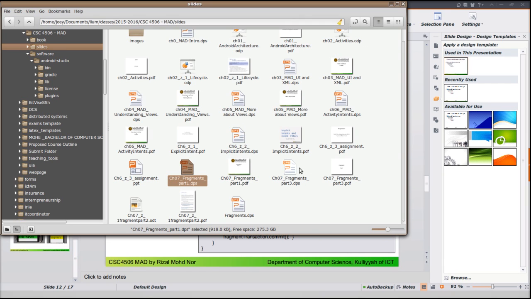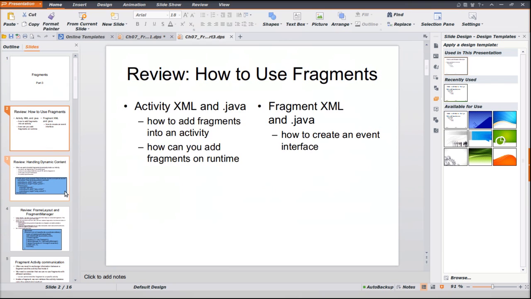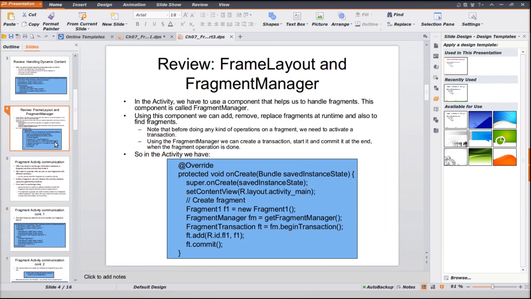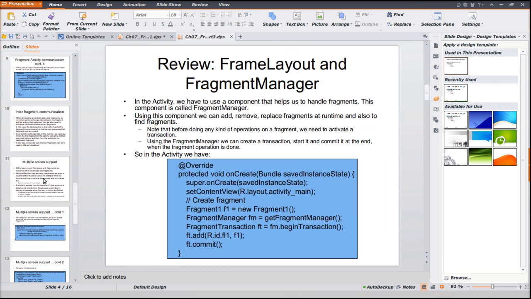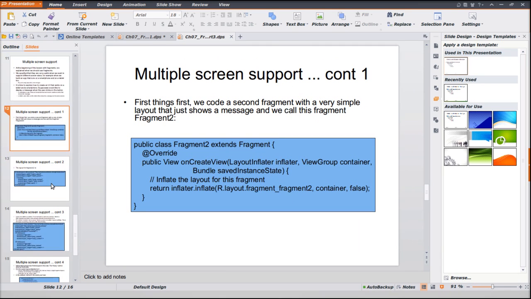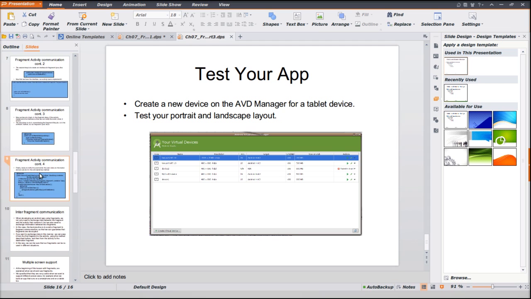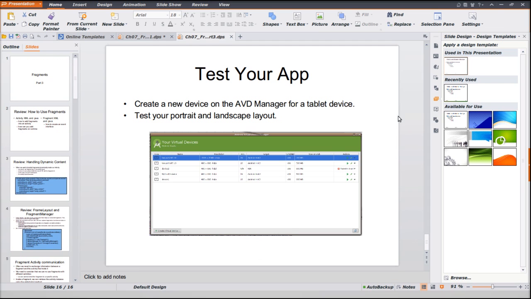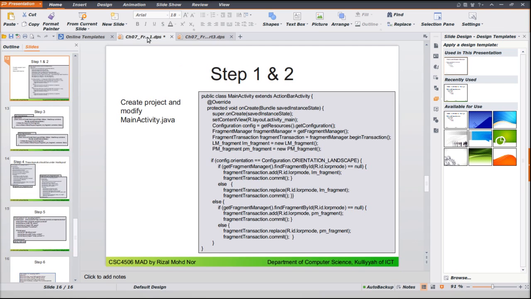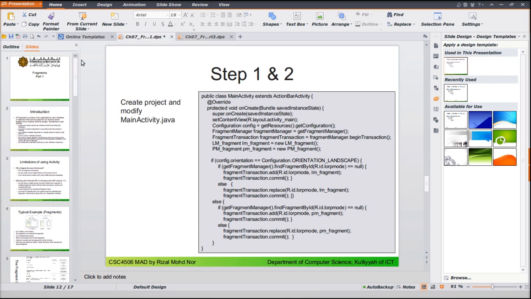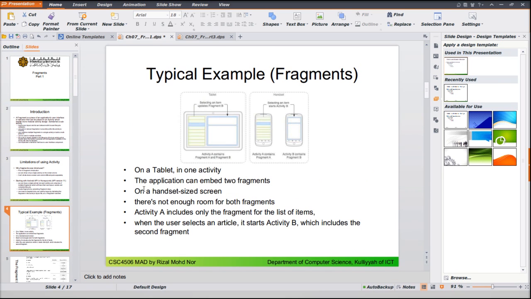And for part 3 of fragments, we learn how to handle dynamic content for multiple screen support. This allows us to come up with applications that would look different on different screen sizes. Now, this is the idea that we were talking about in